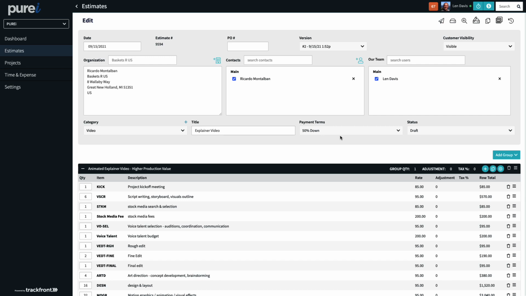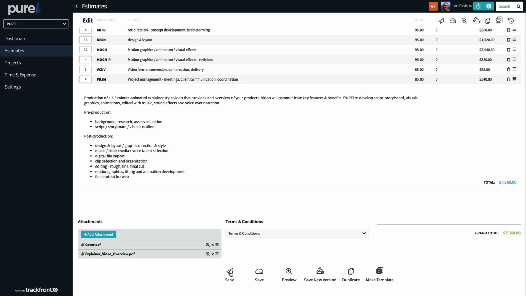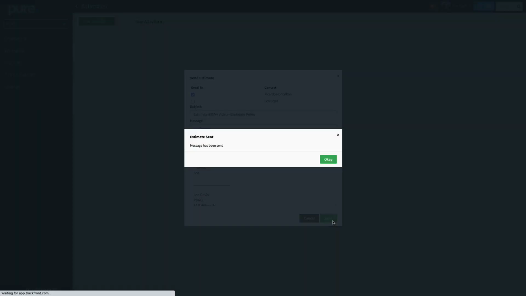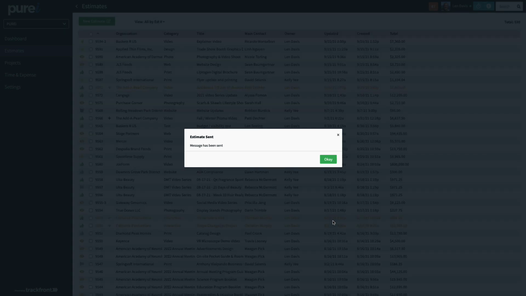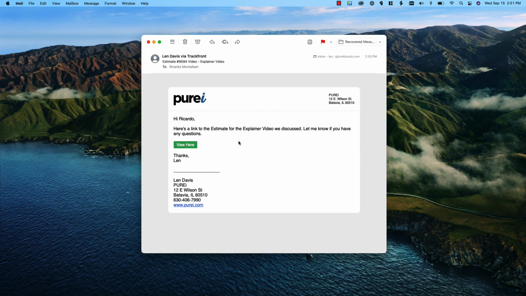Let's take a look and see what happens when we send an estimate to a client and walk through that entire process. So once an estimate is completed, you click send. You send the estimate to the client with the dialog box here. The estimate is notated as sent up here on the dashboard, and the customer receives an email very much like